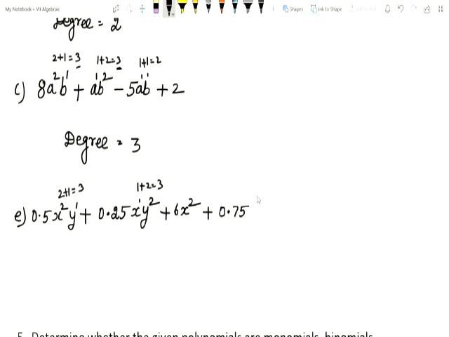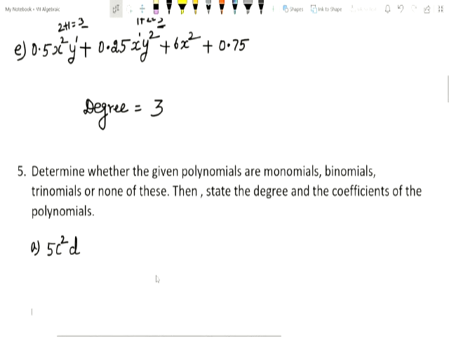Okay. Now you see the powers 0, 2, 3, 3. In this which is the highest one? Which is the highest power? 3 is the highest power. So the degree of the polynomial equal to 3. You understand children? I repeat, the degree of the polynomial means the highest power of the variable. We have to see the power of the variable in this which is the highest. That is the degree of the polynomial. You understand children? See the next one.